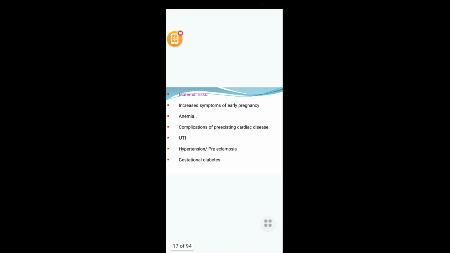Anemia is one of the maternal risk factors. Because of supplying blood for the two fetuses, there will be more hemodilution. Complications of pre-existing cardiac diseases: if the mother already has known cardiac disease, her pregnancy will worsen it, because we know the rule of 5, where there will be